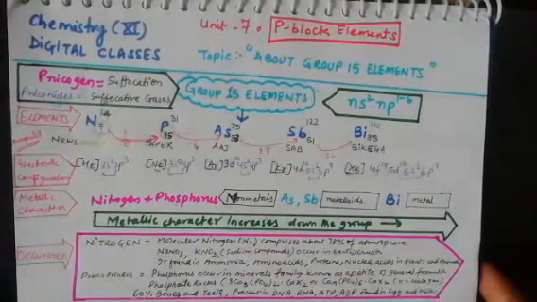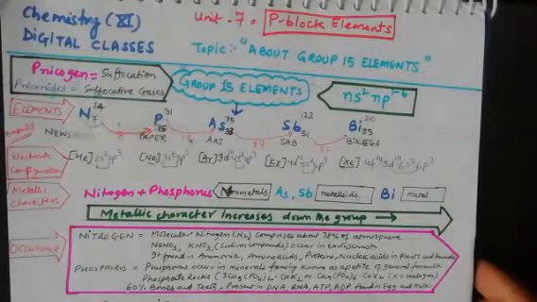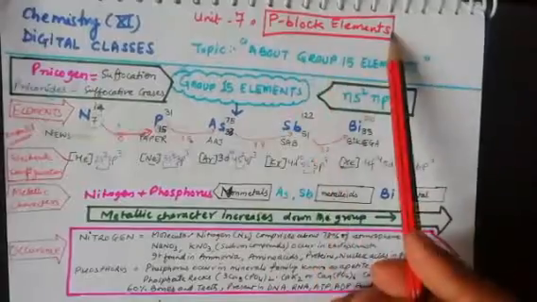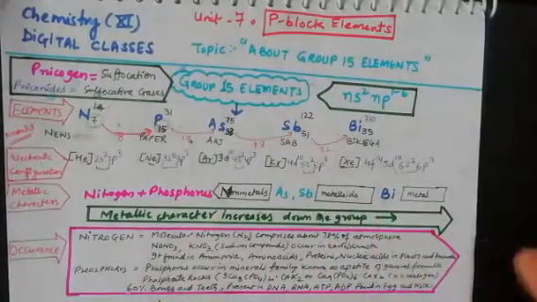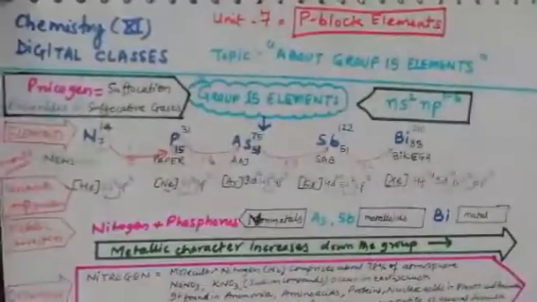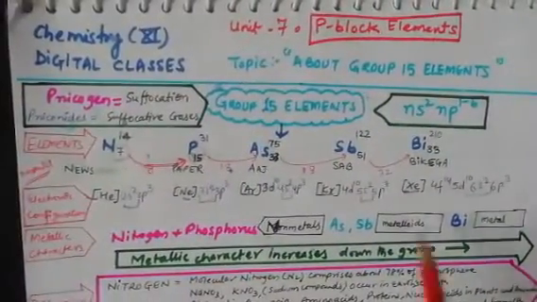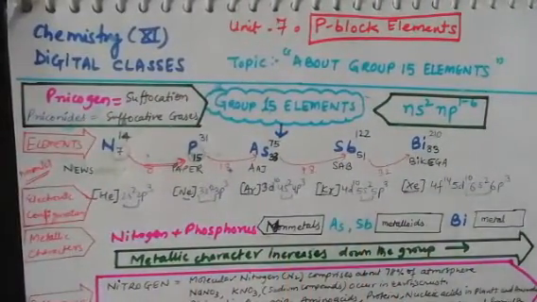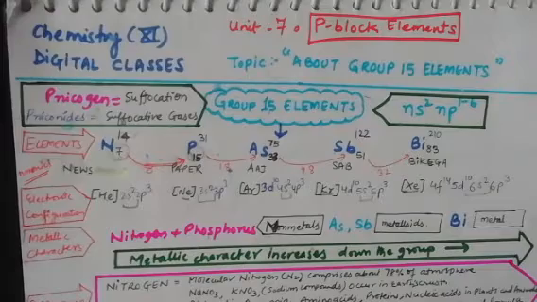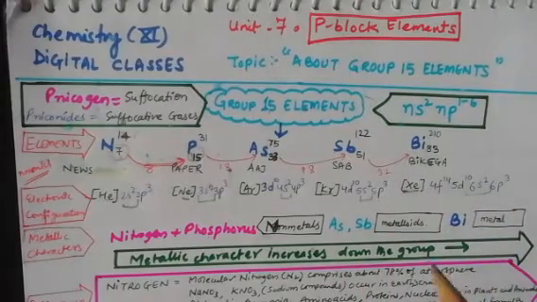This is your chemistry period, and as you know, yesterday we started our unit 7, that is P block elements. And I hope you understood yesterday's video and you know most of the things about P block elements. So dear students, today we are going to study about the different compounds of nitrogen. But before that, let's recapitulate what we have done.